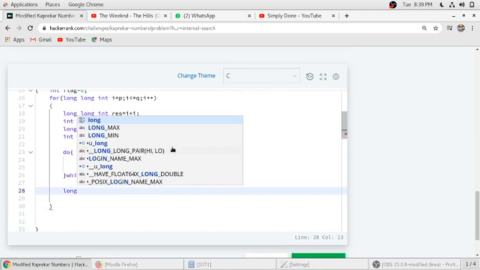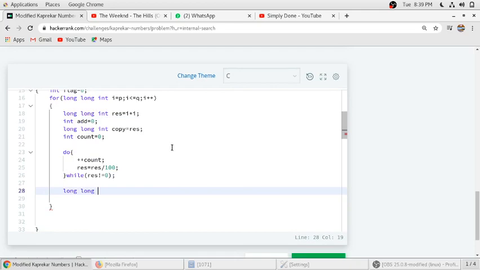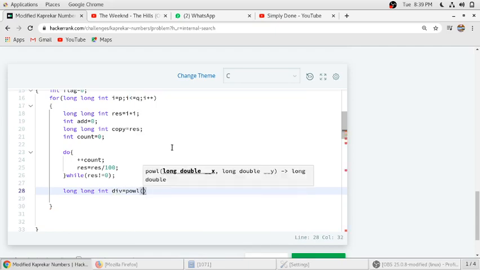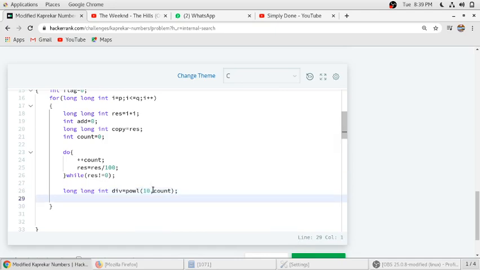We will take another integer, div, to find the divisor. The number could contain 4 digits, 5 digits, anything, so for that we take the divisor as 10 to the power of count. It will give us the correct divisor.